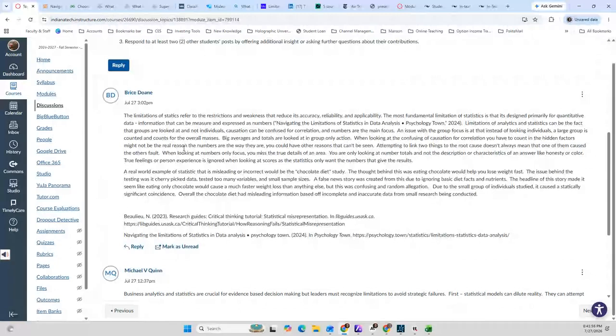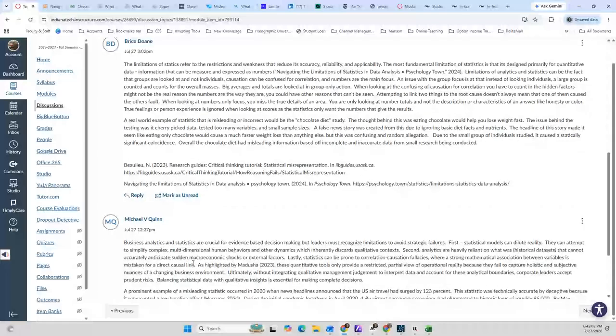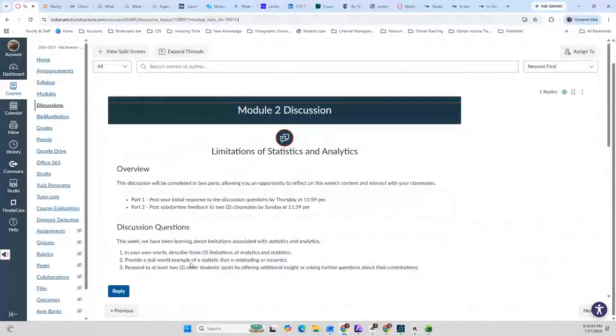Okay. But those are two good examples where they've responded, and they have citations to go with that response. Okay, so that's the expectation to get full points on the discussion. All right,